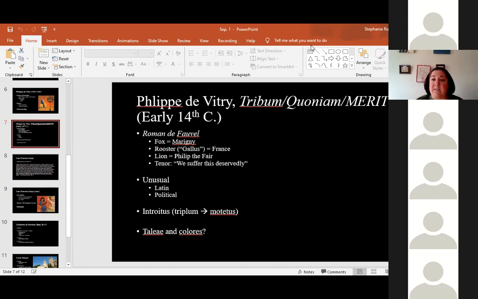Usually, the upper voices of a motet would have been in vernacular language, in this case, French. So usually you'd have a Latin chant beneath in the tenor, and the upper voices would sing something in French. But Divitri uses Latin poems for his upper texts, and that gives it a sort of gravitas, a sort of official quality that we wouldn't get if it were just vernacular language.